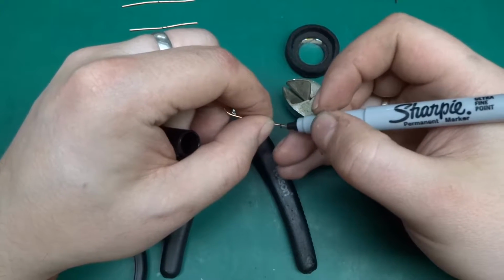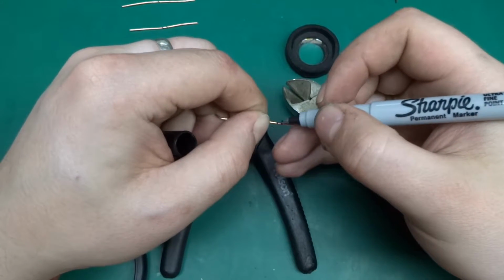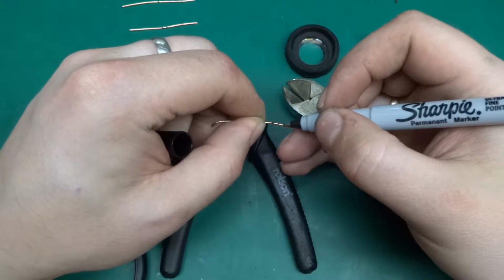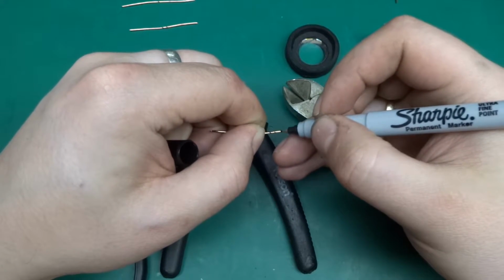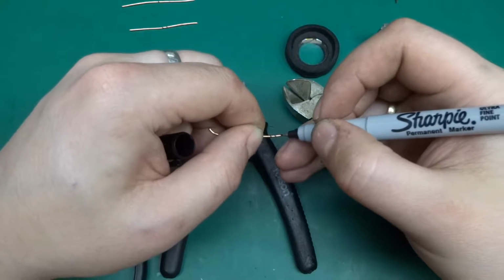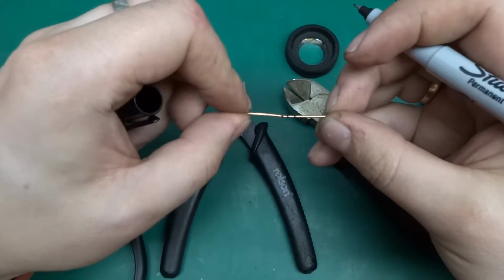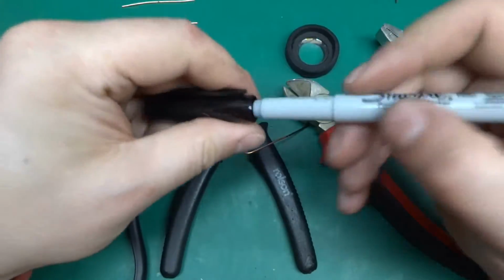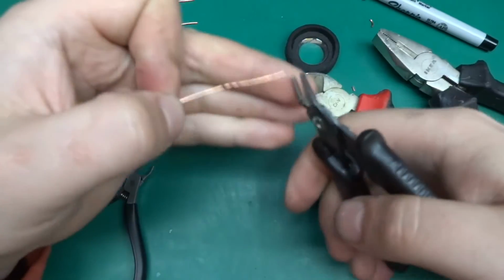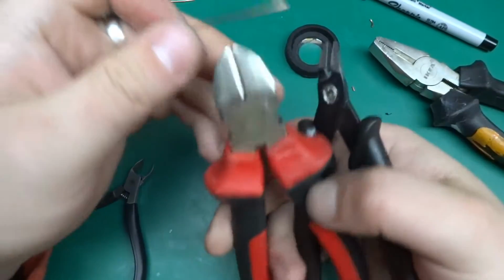So let's make 3 bands on this. 1, 2, and 3. Okay, and let's make 2 cuts. So there's a significant difference between the previous 2 and this one. You see,